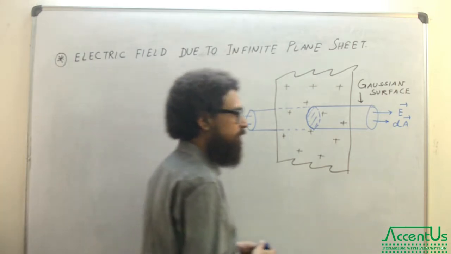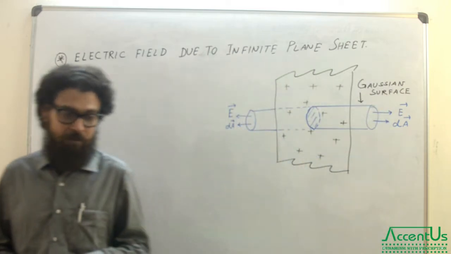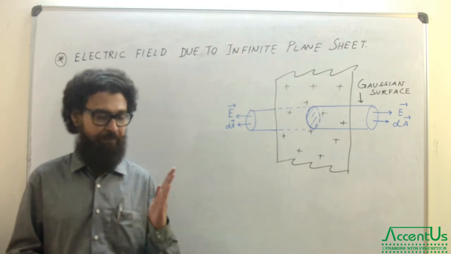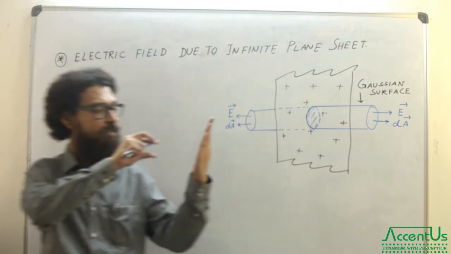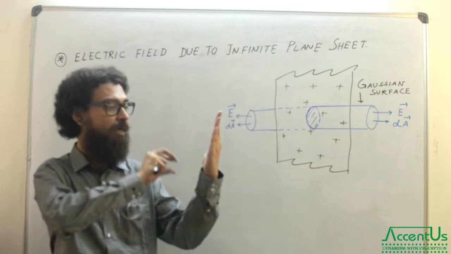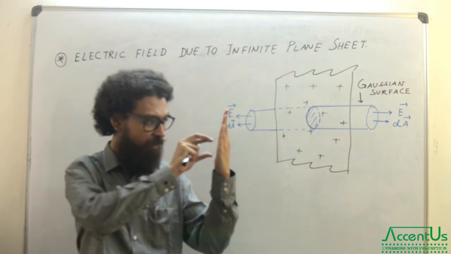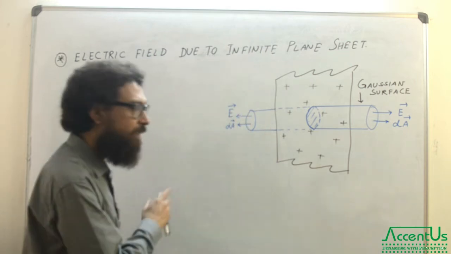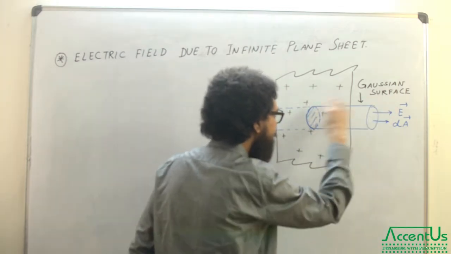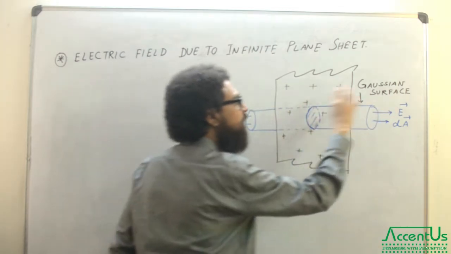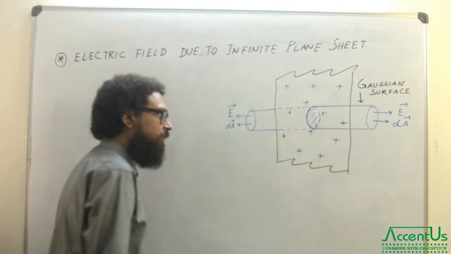A lot of positive charges are there, and obviously the next question is how we can enclose it. When you want to enclose this plane sheet of charge, we can imagine a Gaussian surface which will look like a cylinder, and we can enclose a certain portion of it. So that's exactly what we did. We have taken a Gaussian surface which is a cylindrical surface this way and also for the back, which is drawn like this in the dotted line.